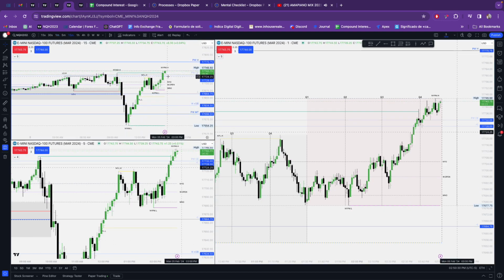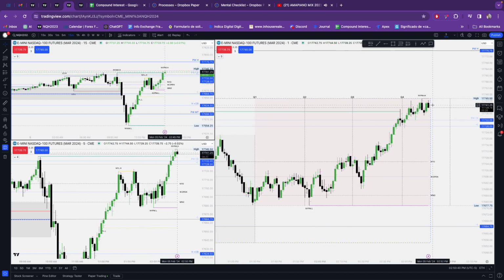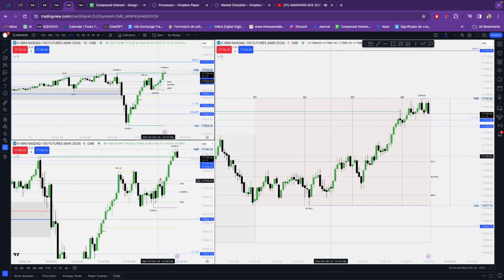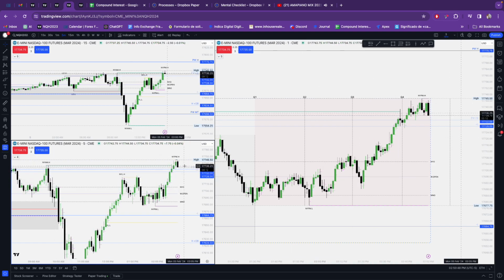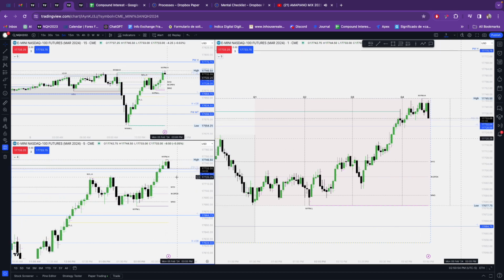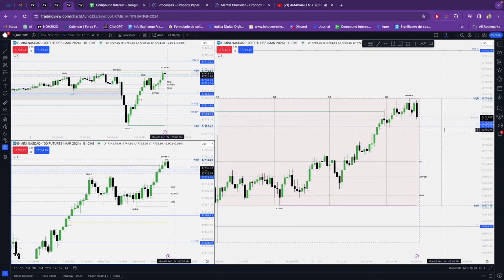We do have this, what would you call this here? Displacement above these highs here, and taking out these highs here. So I don't see a setup here. Again, we might just move sideways, consolidate. We could look for a 5 minute chain of delivery, given that we took out the strong liquidity and a run back down here. That might be what we're looking at right now.